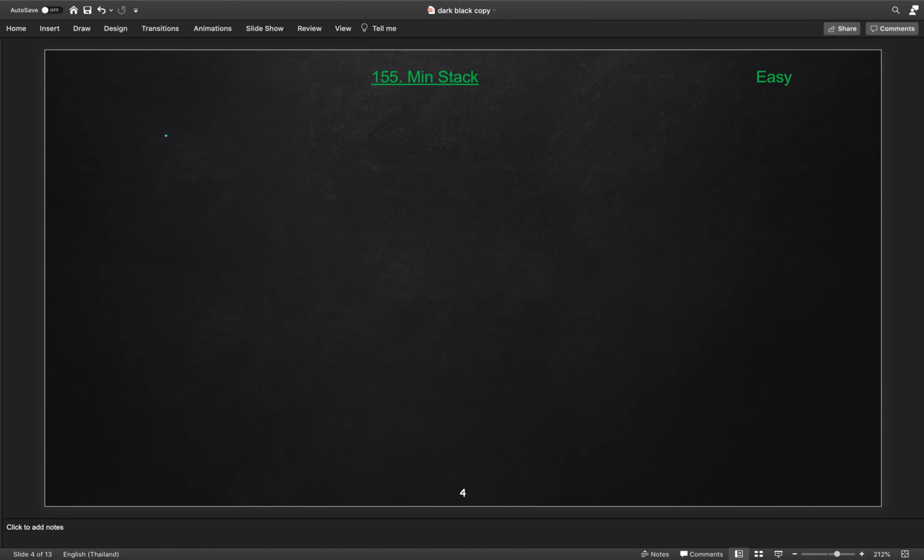So we will simply create a class which will hold our node, let's call it Node. Here we will create three variables: one is the value, an integer type, then min, an integer type, and the node pointer for the next node, the next pointer. We will create the constructor to initialize the node. This is the class structure we will use as a node, and initially we will start with a head node. If head is null, we will initialize it with the new constructor of the Node class.